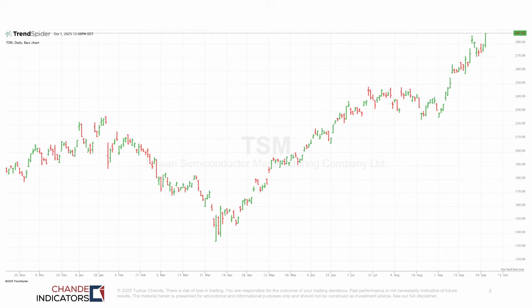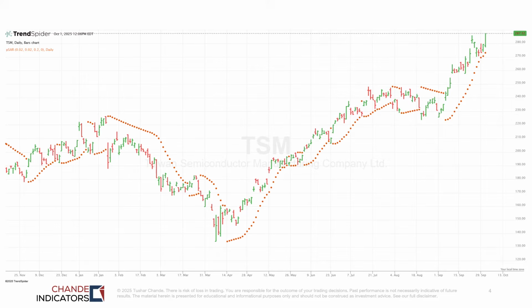Okay, let's explore by starting with a clean sheet for TSM, which is Taiwan Semiconductor daily data, and these are the people that build NVIDIA's chips. So this is the previous slide with the parabolic stop and reverse indicator added with default values. I'd like to capture the acceleration feature and have greater control on the starting point and avoid the turbulence or